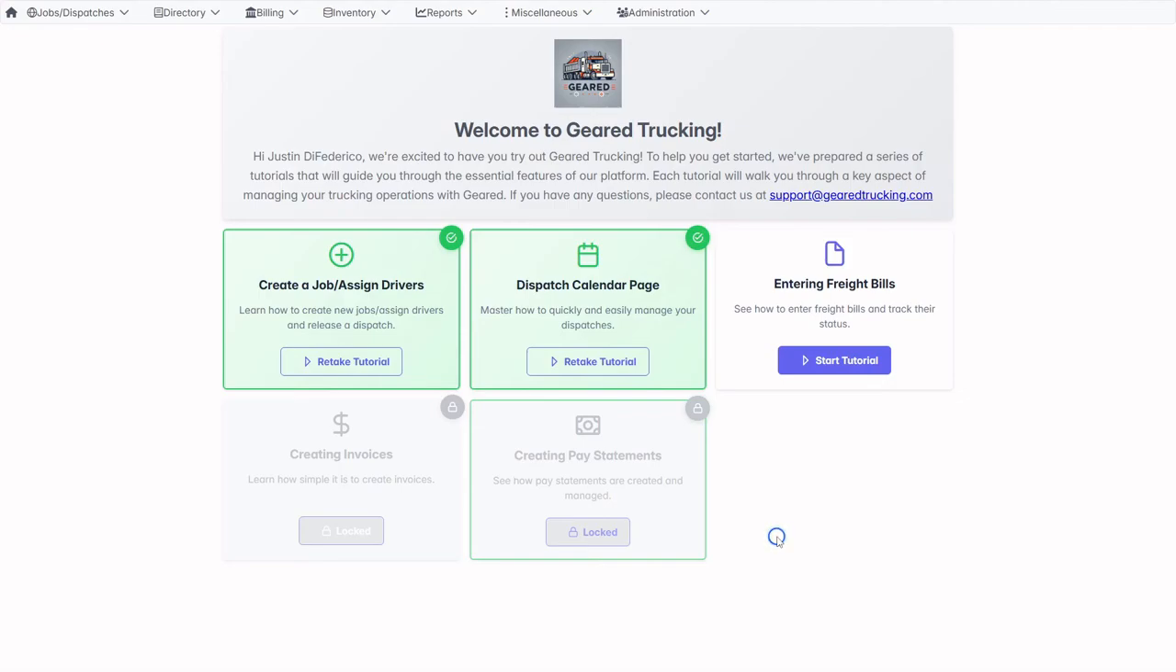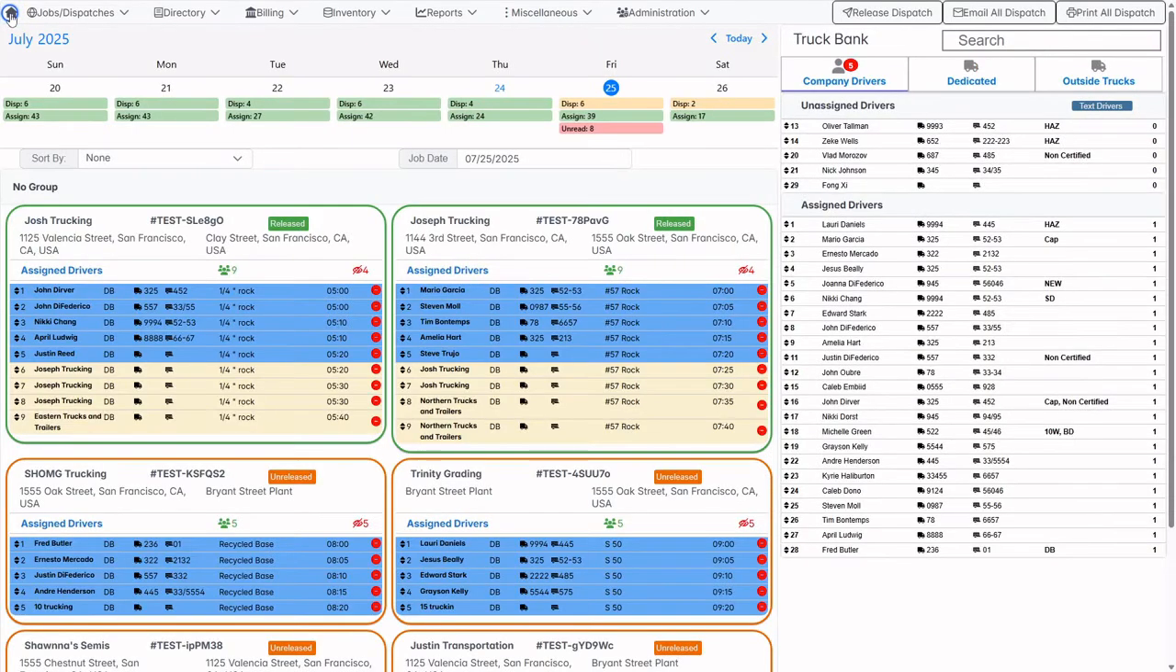In this tutorial, we will be going over how to track, copy, and quickly update dispatches using the dispatch calendar page. First, let's navigate there by clicking on the home icon at the top left of the screen. Here is where you can quickly find and view past dispatches, track your ongoing dispatches, as well as see upcoming